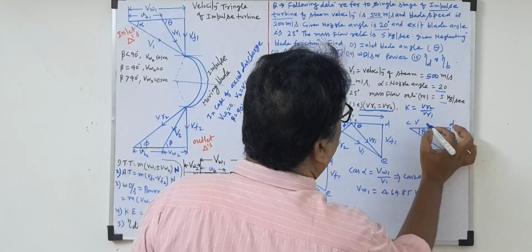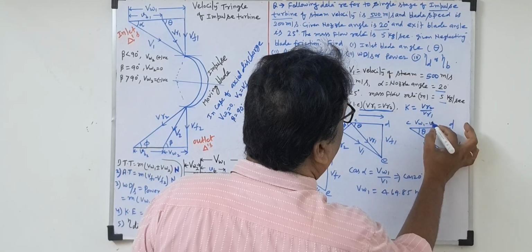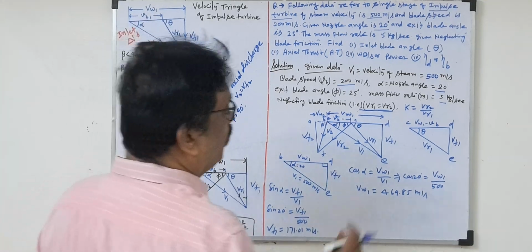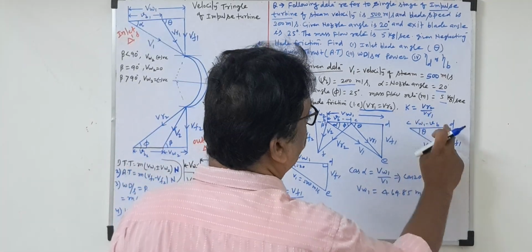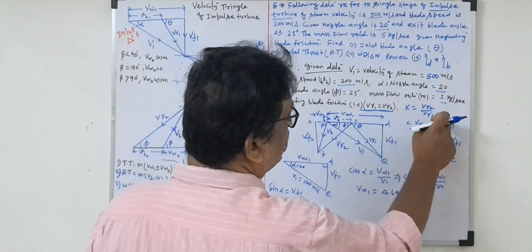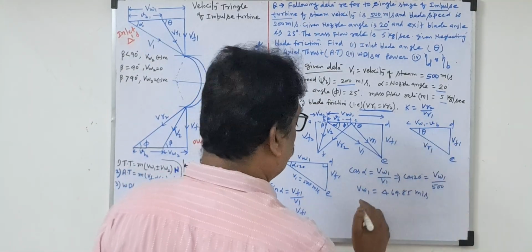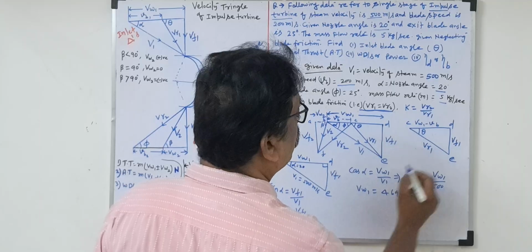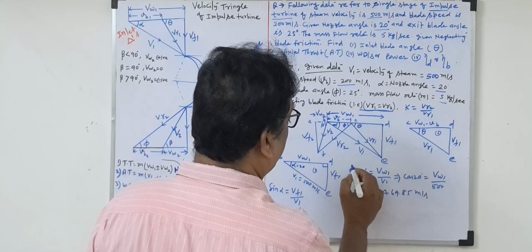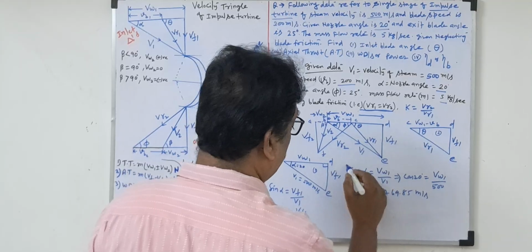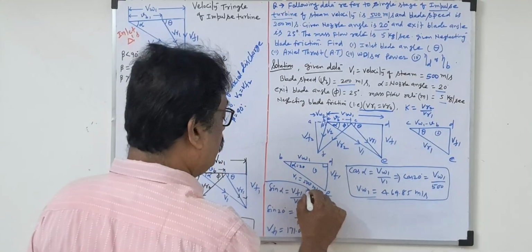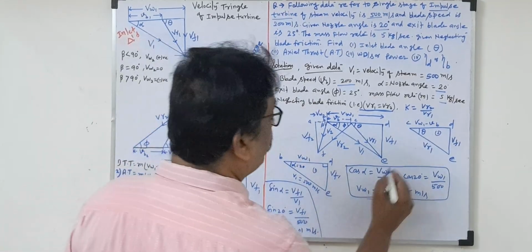So what is this one? VW1 minus VB. So all the sides I wrote. Now what is known here? VW1 I know, VB I know, VF1 I know. So that means P and B we know. So we'll go to triangle 2. This 2 we take from the triangle 1. Now from triangle 2,